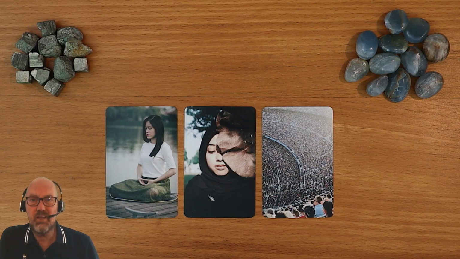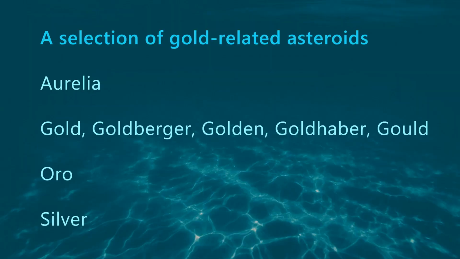There's more stuff like this. If you say, well, I'm interested in Bitcoin, but my real thing is gold, there are also gold asteroids, silver asteroids. There are asteroids for Tesla, for Apple, you name it. They're all there. Here are a few obvious ones for gold. Aurelia refers to the Latin word for gold. And then you have loads of asteroids with the name gold in it, really too many to mention. I just mentioned the most important ones.